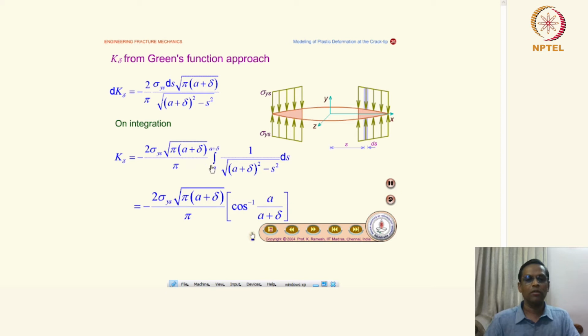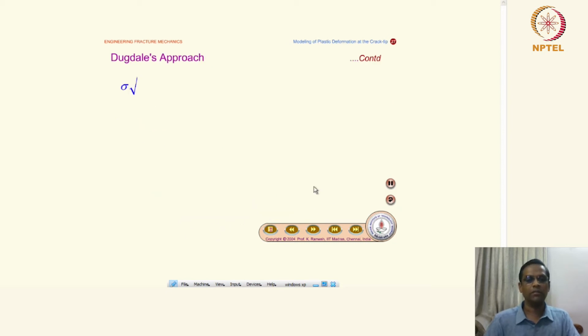Just if you look at all the steps, some of the steps are skipped here, just applying the limits, and then you will get the final expression like this. So from there, now we will proceed. You can rewrite this expression in this form,